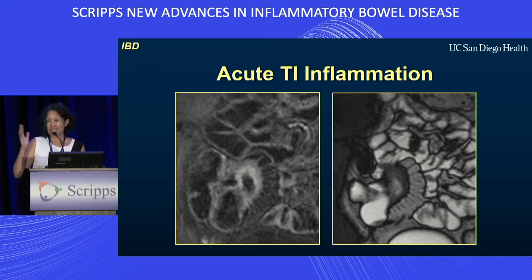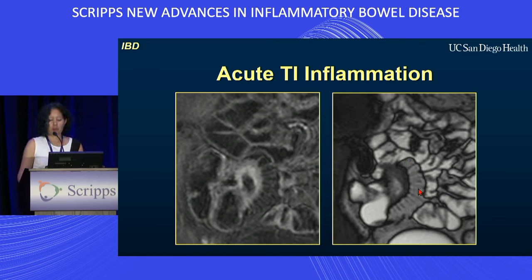So let's take a couple of examples of what we're looking at on these images. This is a classic example of acute inflammation in the terminal ileum. This is our segment of bowel here. This is a post-contrast T1 weighted image, and you can see there's marked thickening of the bowel wall. There's enhancement of that inner layer of the bowel wall compared to the other loops of bowel around it. You also see here on our SSFP image that there's